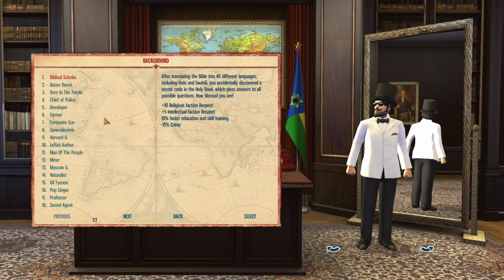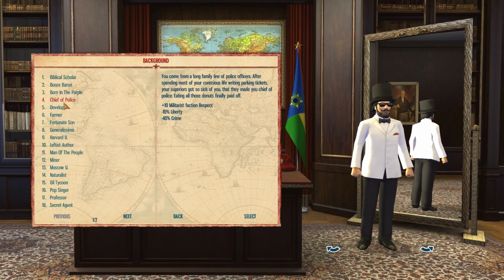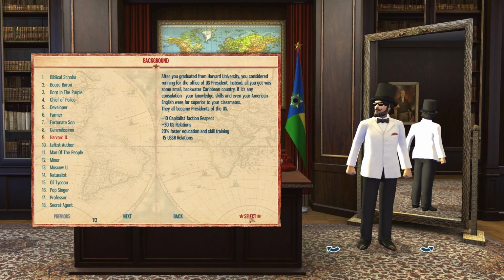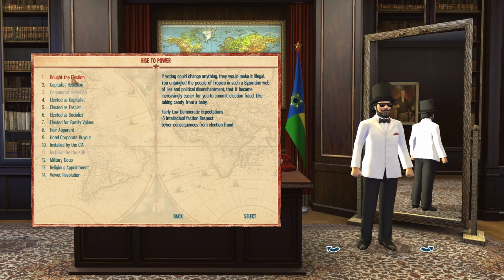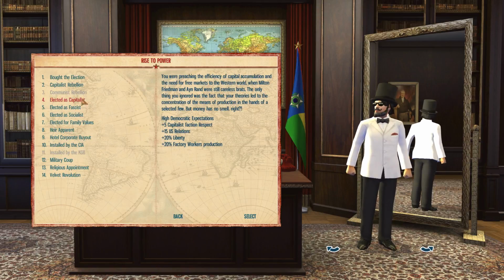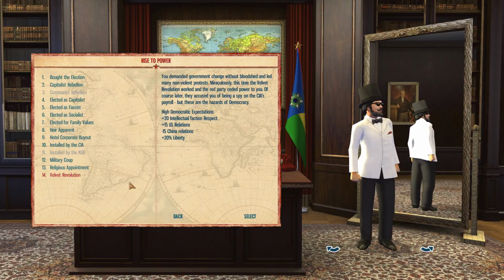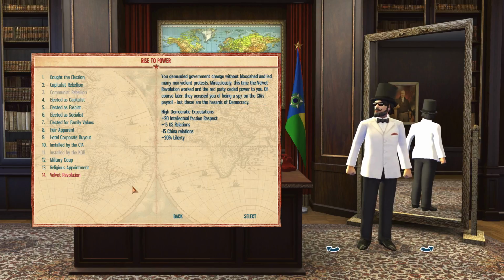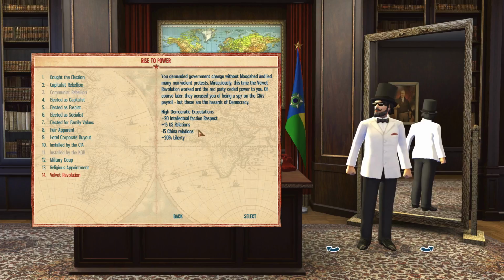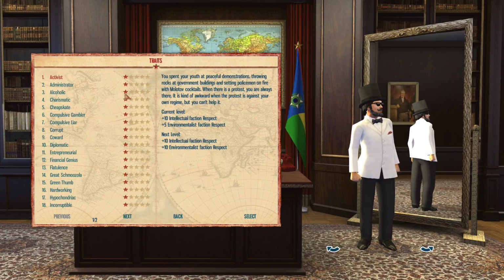His name shall be the Game Common, sure. Biblical Sour. I don't know what any of these do. Harvard U, sure. Rise to Power. Bought the election, capitalist rebellion, elected as capitalist. I like Velvet Revolution. So I get plus 20% intellectual faction respect, plus 15 US, minus 15 China, plus 20% liberty. Sounds good. Traits,